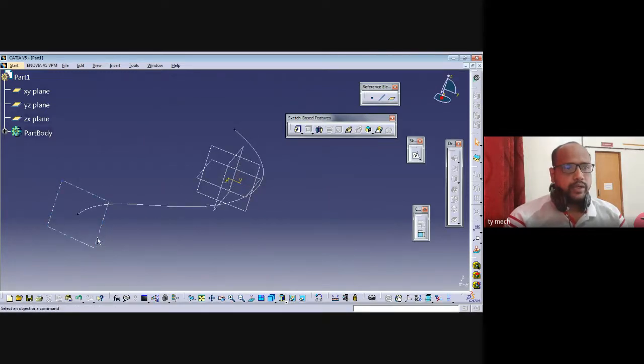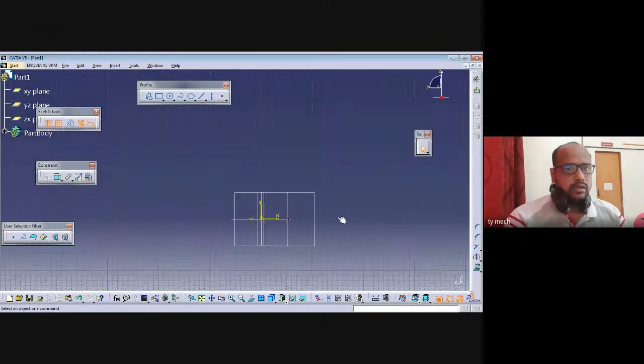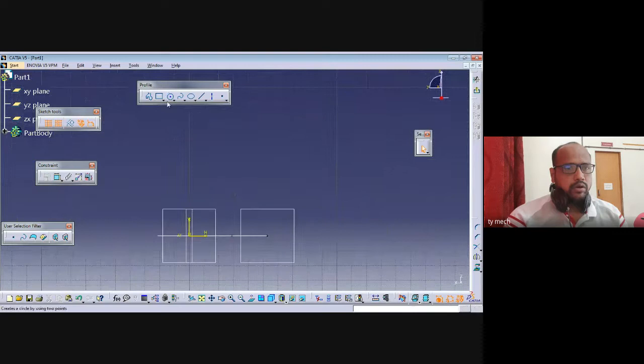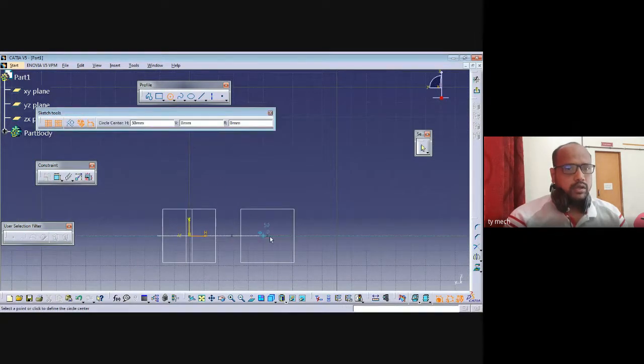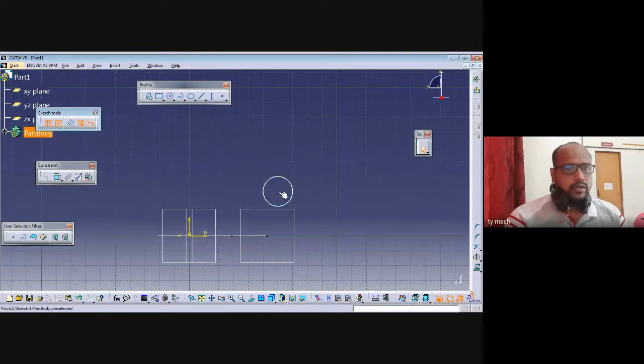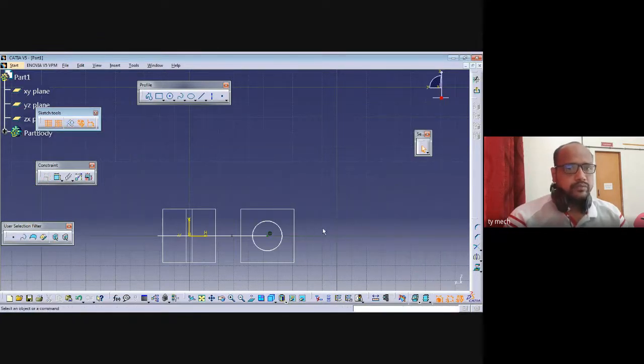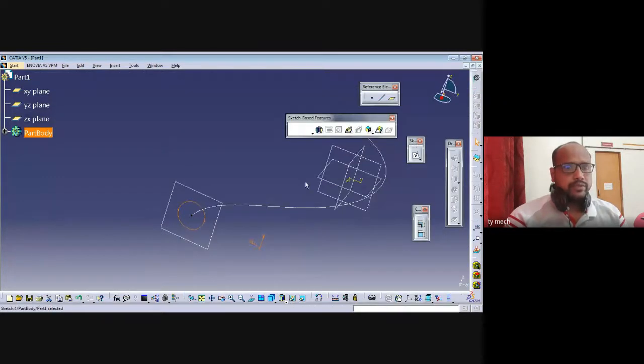Now select the new plane and go to the sketcher and you can draw one desired shape as per your requirement. I will draw a circle here. Here I will draw one circle, and the center of this circle and this point I will select and go to this constraint defined in dialog box. Select coincidence. Okay. So exit workbench,